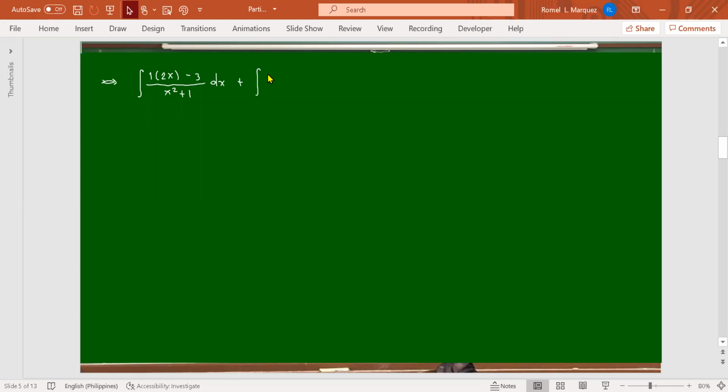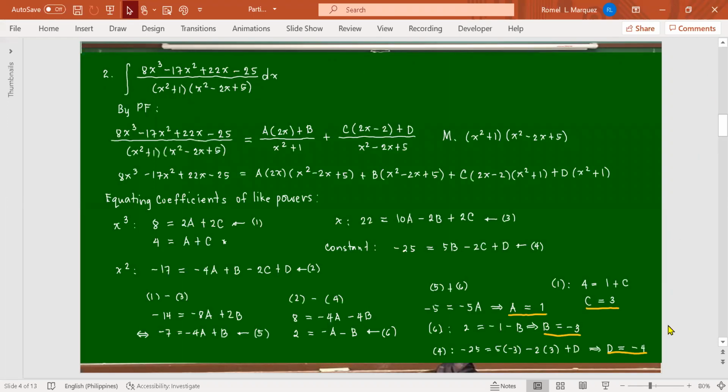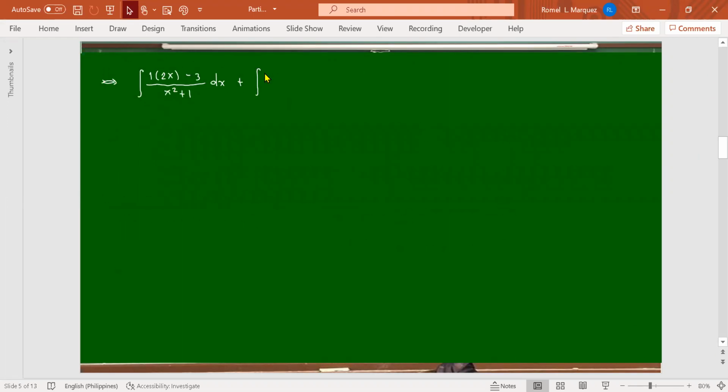Okay, second one, we have the integral of, so what is our C? 3, and then D is negative 4. So 3 times (2x minus 2), minus 4 here, all over x squared minus 2x plus 5, dx. To be able to evaluate these integrals, for the first integral, we have to split into